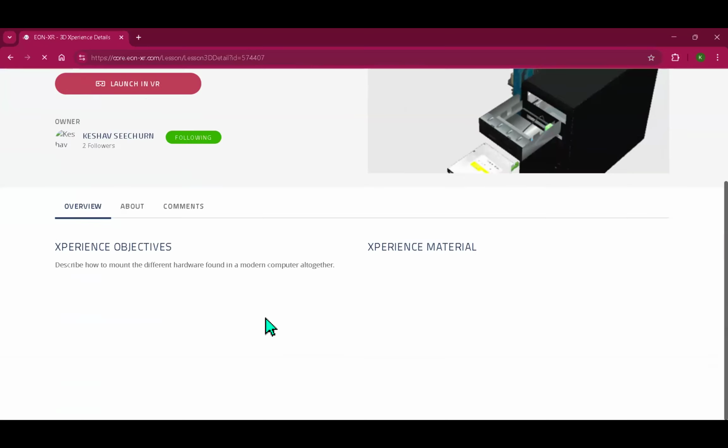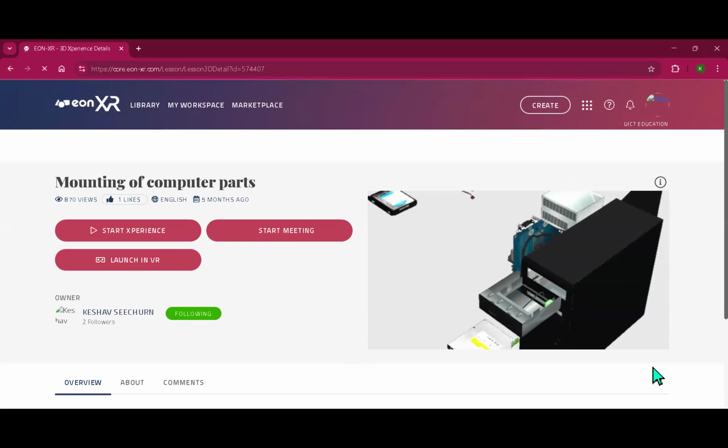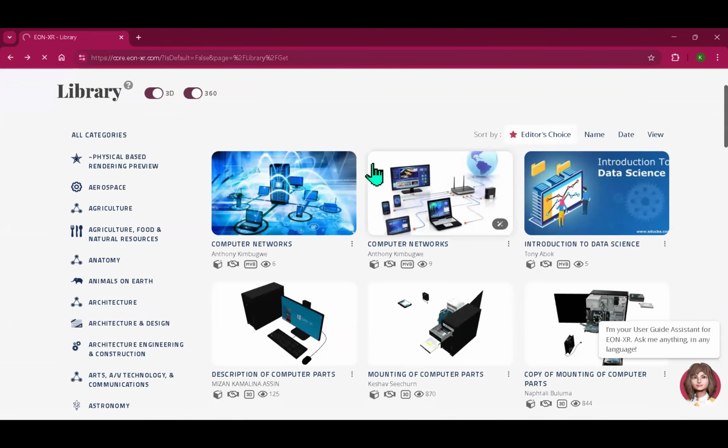I wonder why my experiences are not loading. The internet speed is actually slow on my side. Okay, I'm seeing people are still working my internet. Let me switch to another network, sorry for this. You will just excuse me. Let me just switch to another network so that I am not disturbed, okay? So, okay, I'll switch to another network. Now let us check the experience, whether it will work.